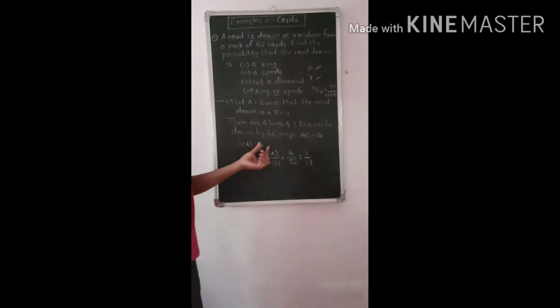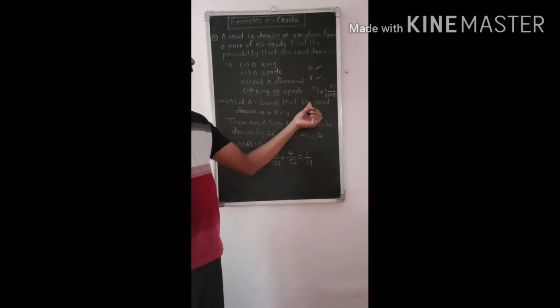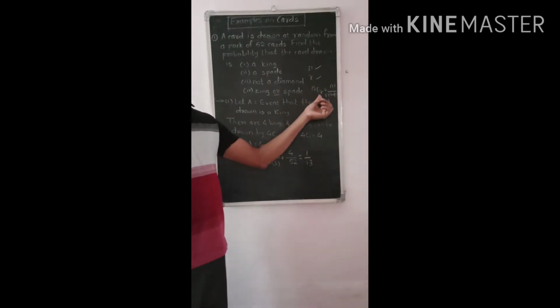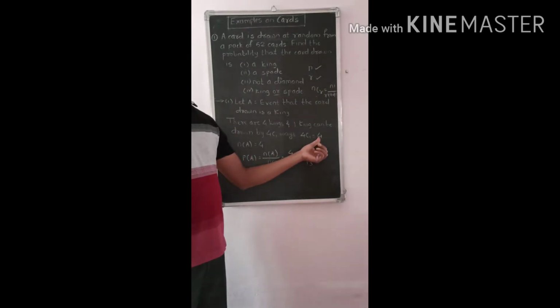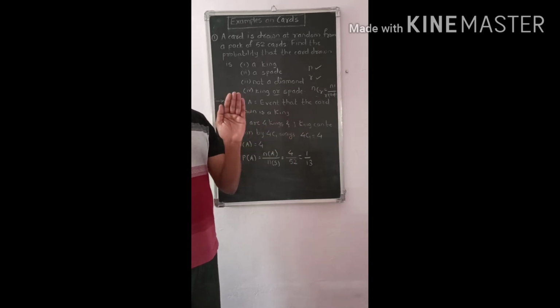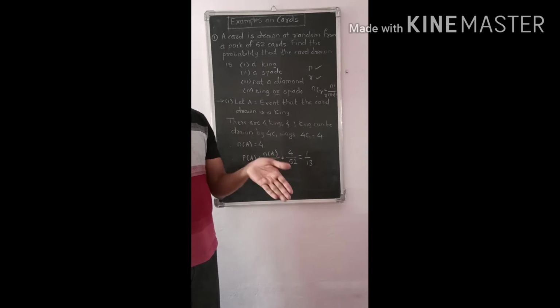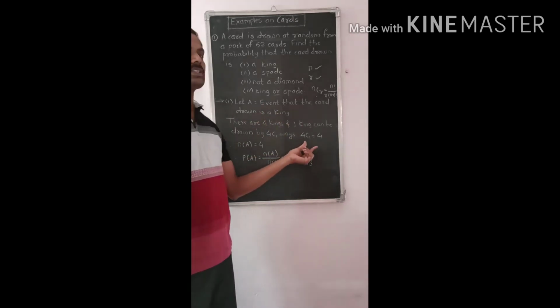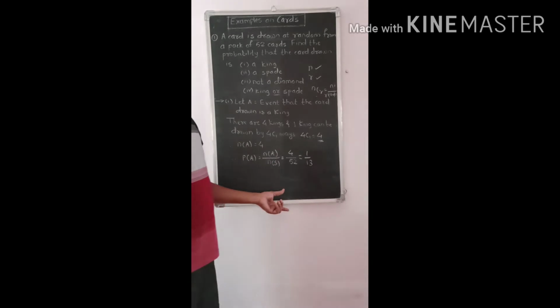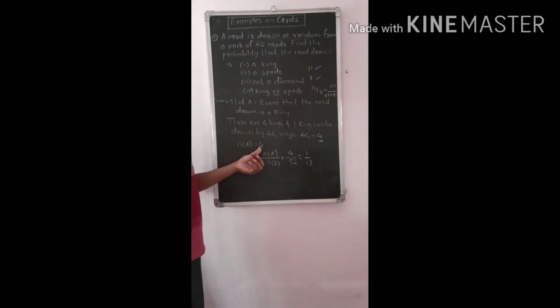So by putting these values, n is 4 and r is 1, nCr means 4C1, and 4C1 is 4. Okay, 52C1 is 52, 50C1 is 50, 10C1 is 10, 8C1 is 8, 24C1 is 24, likewise 4C1 is 4. So 4C1 is 4, which means that n of A is 4.